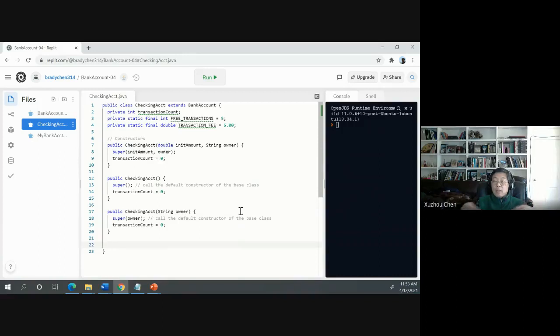So it's a very simple method. But here, when I do the deposit in the checking account, I can actually perform the deposit of the superclass, the deposit of the bank account. But what's more is I have to update the transaction count, right? So that's the reason why I need to override the